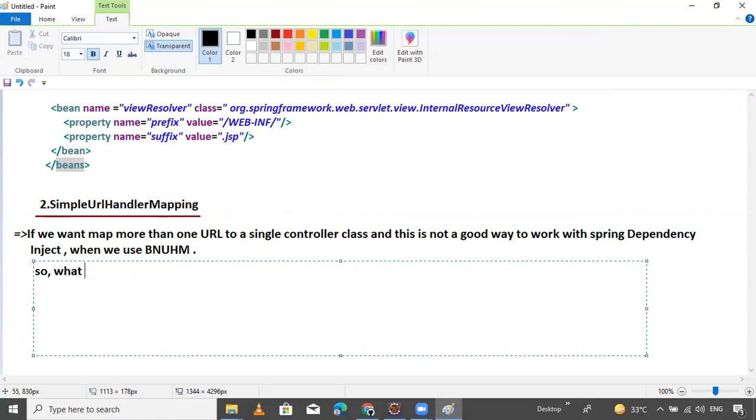So what is the solution? The solution is the simple URL handler mapping.